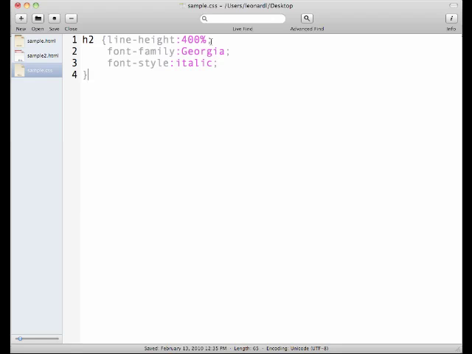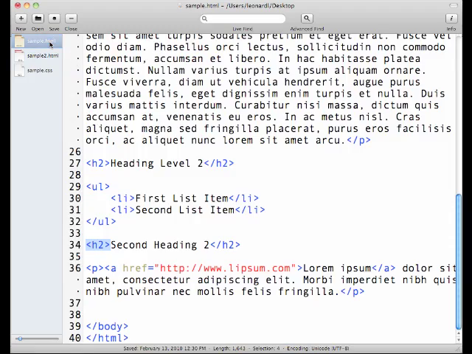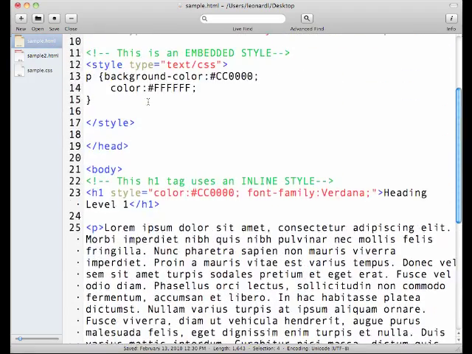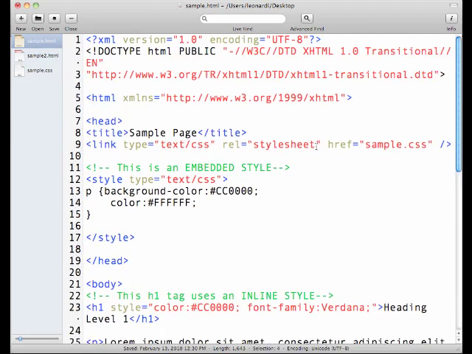So there, in this case we've created an external CSS file. In this case we've named it sample.css. And we're targeting or selecting the H2 tags, and then we're going to change the line height, font family, and the font style. I'm going to save that page and go back to our sample HTML. So here's where we linked to that external style sheet. If I go back to our browser